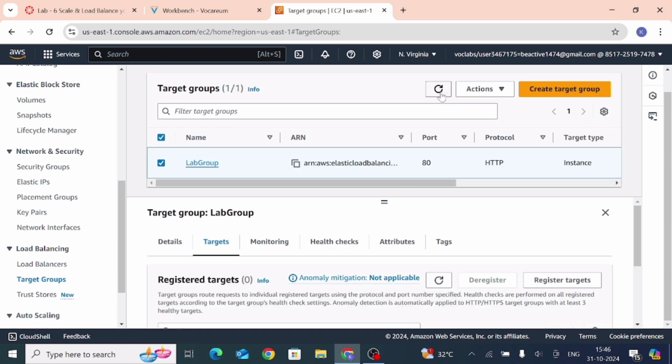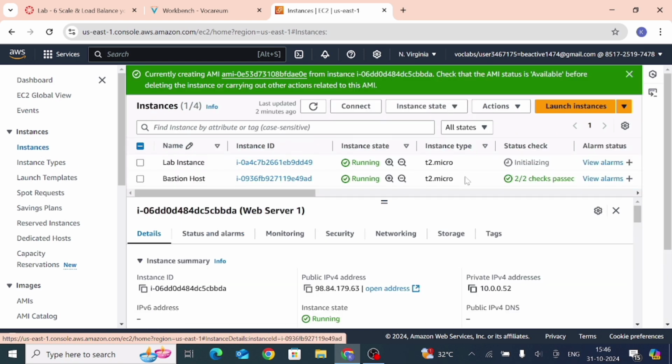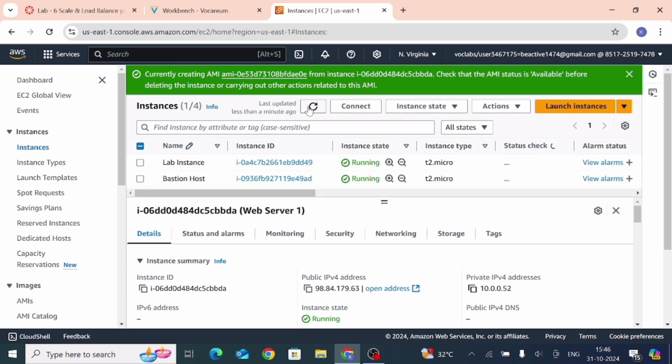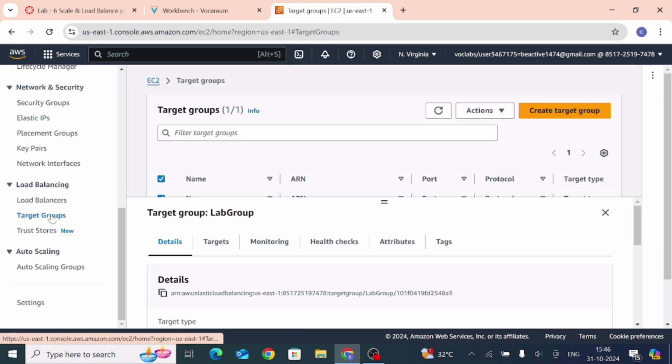Refresh the page 2-3 times. For that, first we visit again the instance, then come back to the target group. Here we see this still has not changed its state check. So refresh the page. Now it is checked.